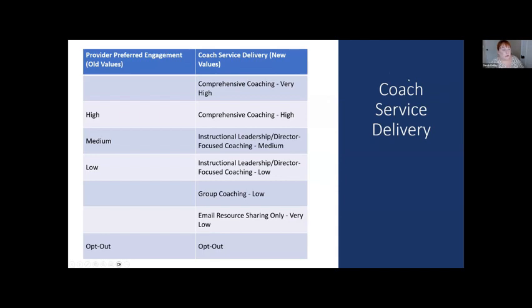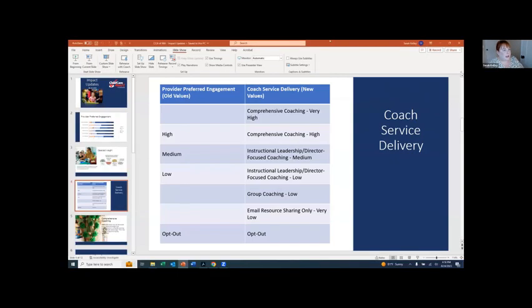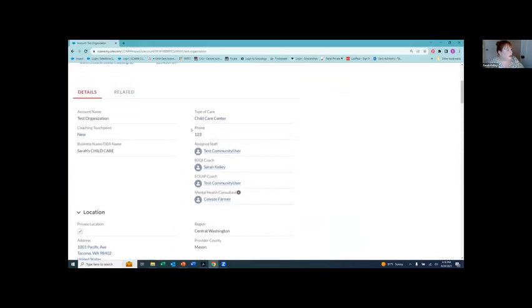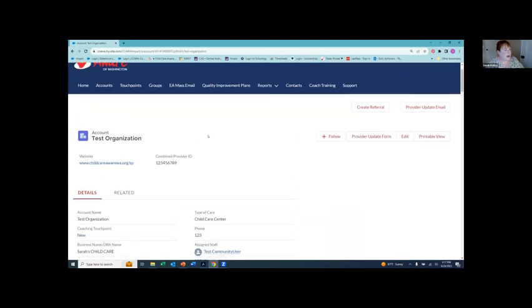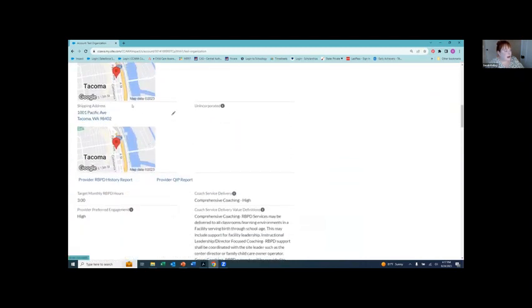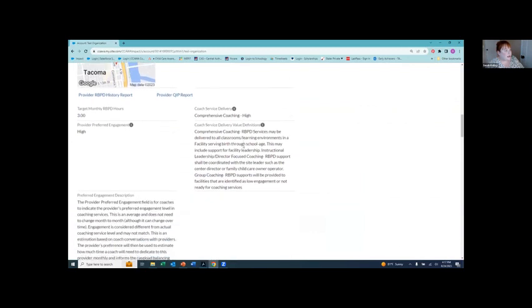The other thing I will bring up before I go to questions is this is just a test provider in Impact. And you can see here when you scroll down just past their address information, this is where you can see what that target monthly RBPD hours is. So this is taking into account their preferred engagement.